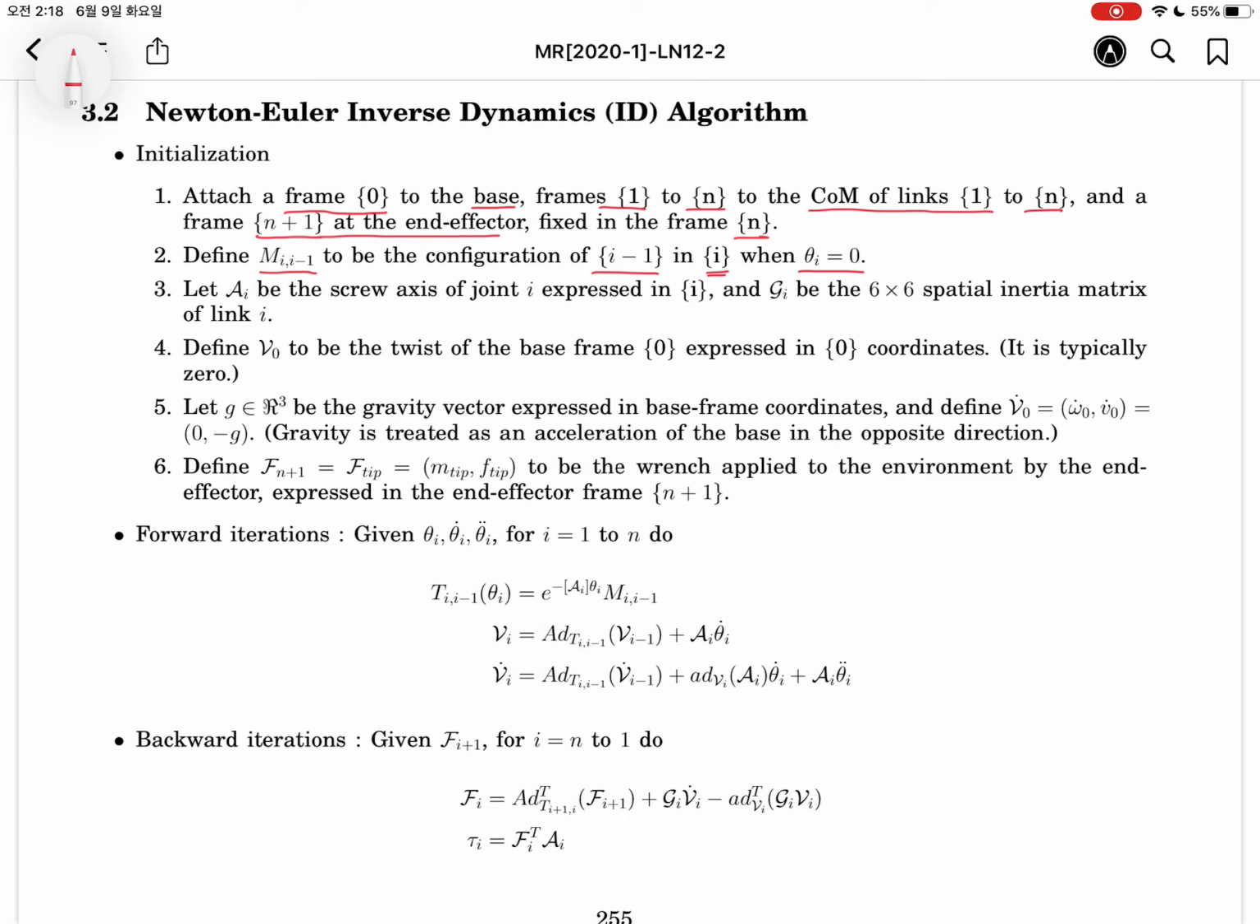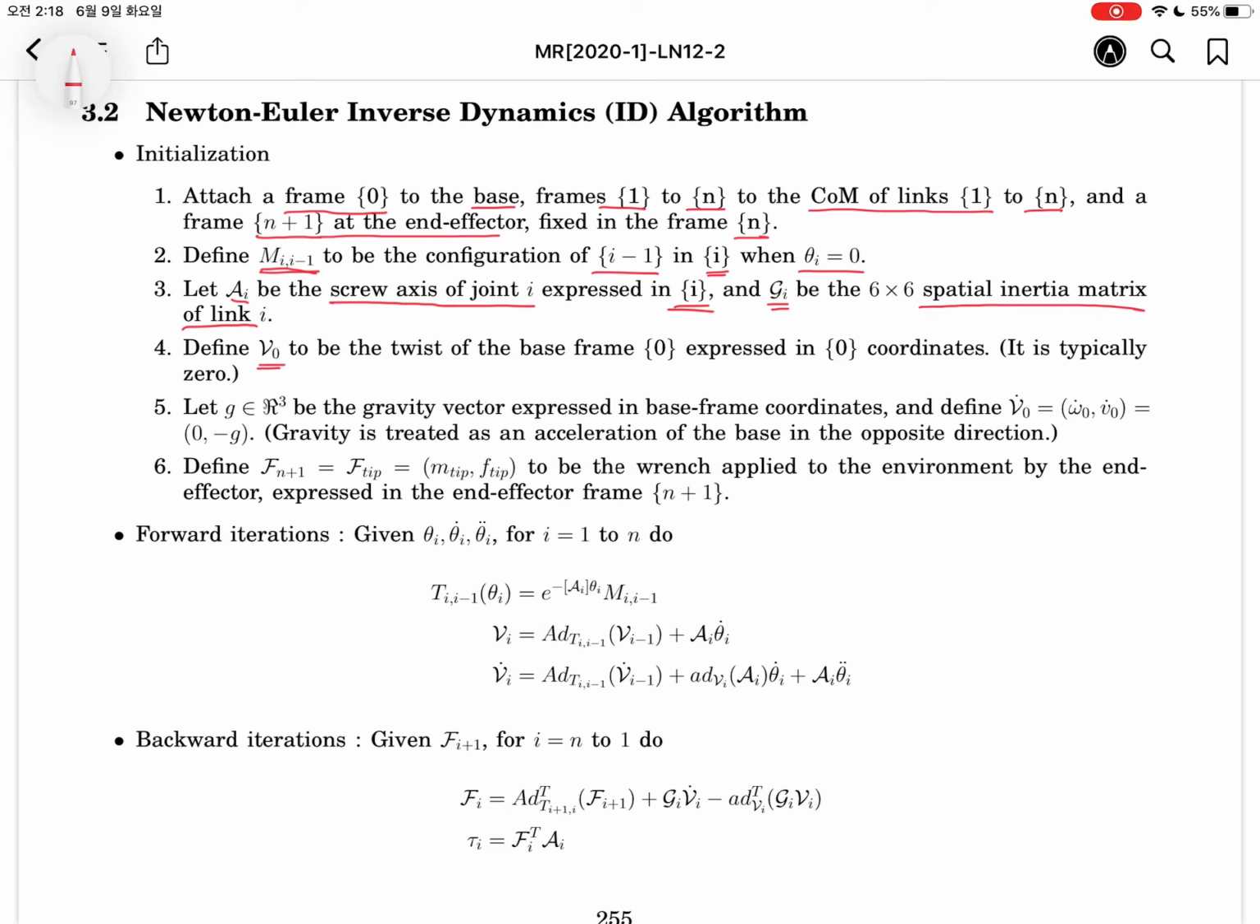is zero, like this. Okay, so M is a constant matrix. A_i is also a constant matrix denoting the screw axis of joint i expressed in terms of the i frame. G_i is the 6 by 6 spatial inertia matrix of link i. And then